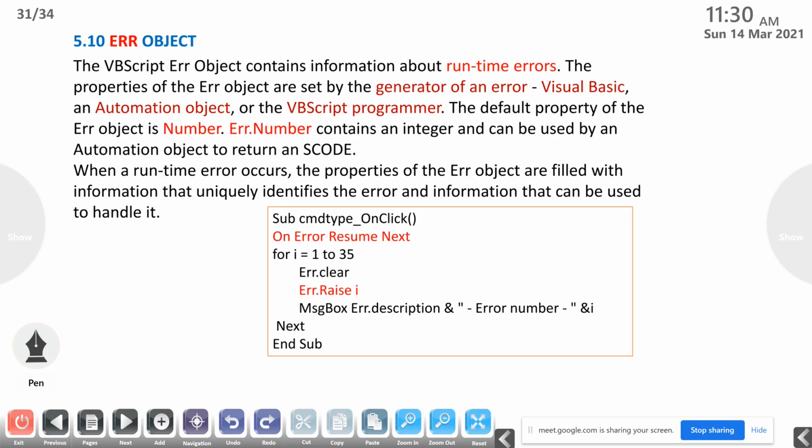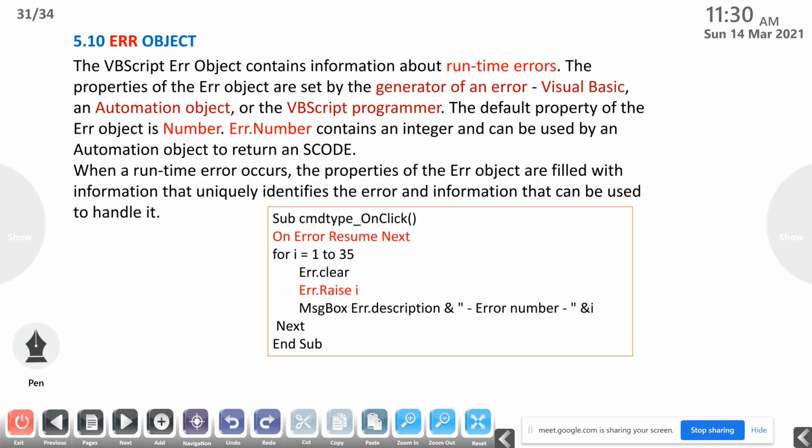The properties of the Err object are set by the generator of an error. That is Visual Basic, an automation object, or the VBScript programmer.